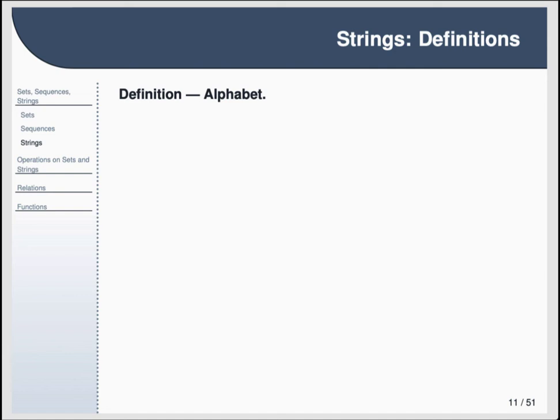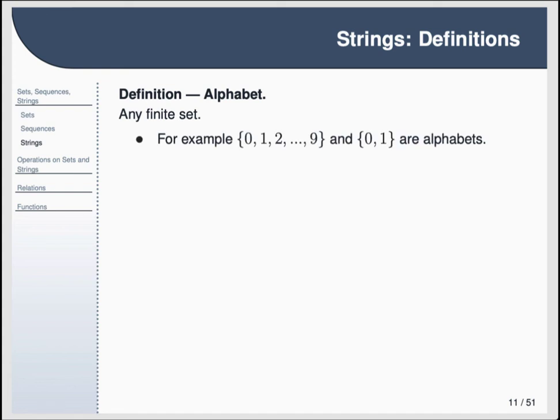We define an alphabet as any finite set. So for example, the set containing the numbers from 0 through 9 and the set containing the numbers 0 and 1 are both alphabets. Likewise, a set containing just the letters A and B is an alphabet. You can tell from the definition that it's actually much more flexible than what we're using it for right here. And this tends to be the case, right? We could define all kinds of weird alphabets because there are lots of finite sets, but typically for our purposes, we can stick with alphabets that look a lot like the alphabets